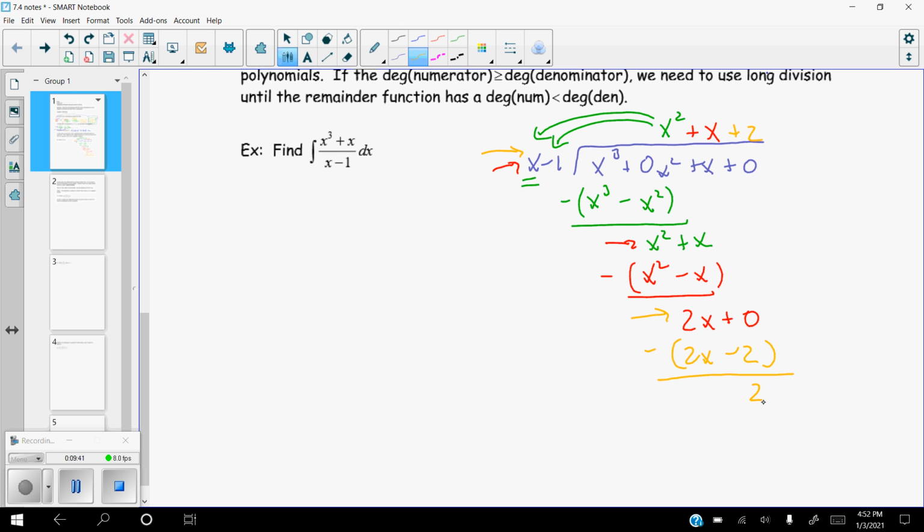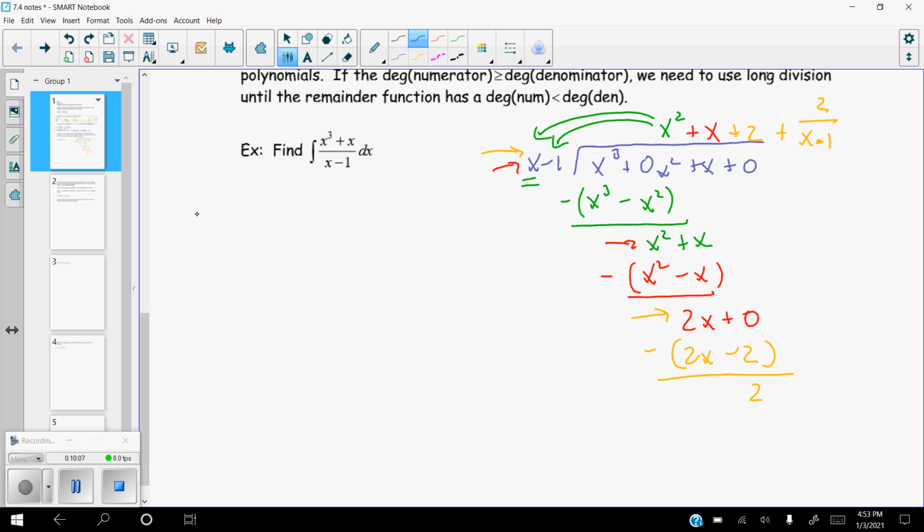So what that has done is that's given us plus 2 over x minus 1. So your remainder goes back on top of your original denominator. So now what we've done is we've created a way to integrate this, because in a way, we've decomposed that fraction to make